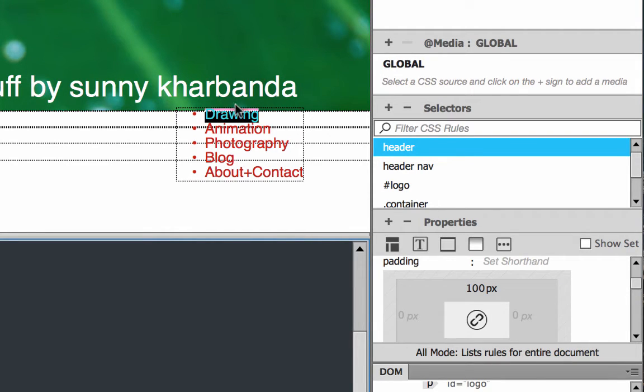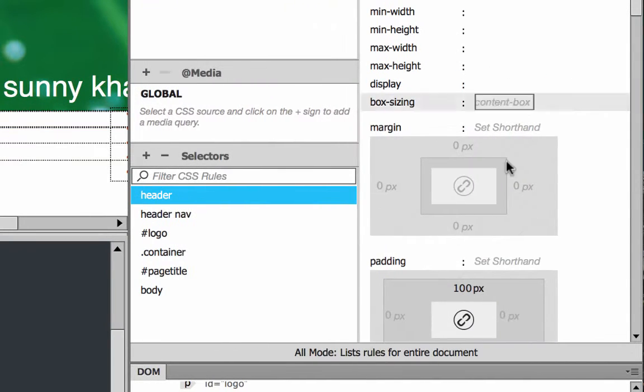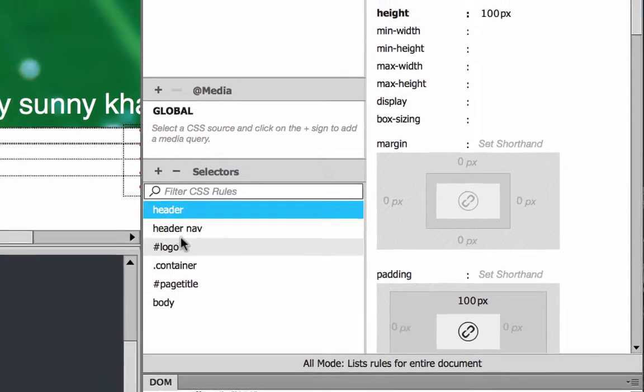Of course, this is not the final look that I want. So now I need to use CSS to change the look. As with everything else, before we can change the look, we need to add a selector. I'm going to make my CSS designer window bigger so I can see my visual designer on the right.